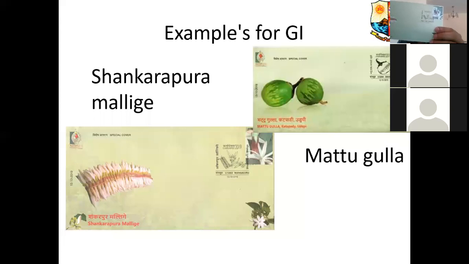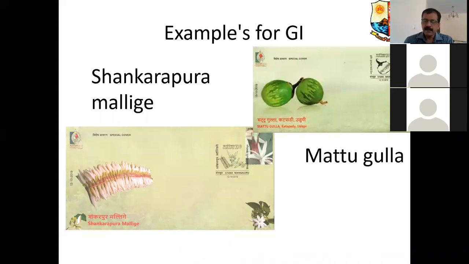You can see the stamp over there. Similarly, you can see the product. And why I brought it is, on the back side of this, it is written, say in the year, a GI tag is given. If you get the opportunity to get this postal stamp or postal cover, you can see how the GI indication is given by the government.